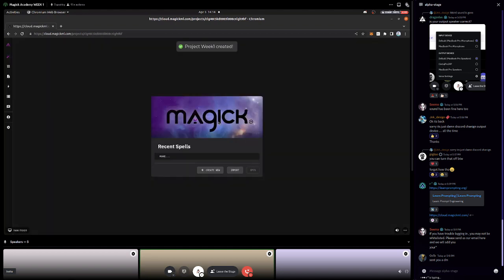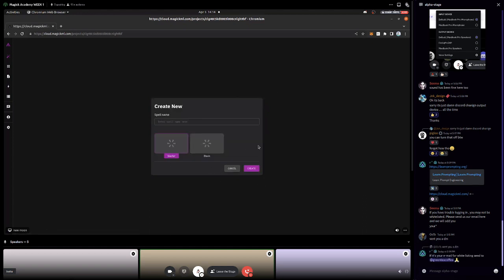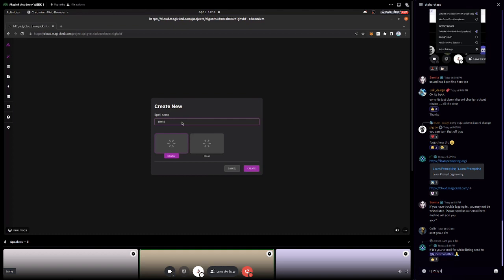And that will bring me into the editor. I don't have any recent spells yet. I'm actually going to create a spell. Now, again, we have a lot of templates that are coming, but right now we just have these 2 templates. By next week, we will have the Discord and Twitter templates, or we'll be back here available for you to start with. But for now, we're just going to start with something very, very simple. Let's start a template. And I will say, I don't know, week 1, spell 1.